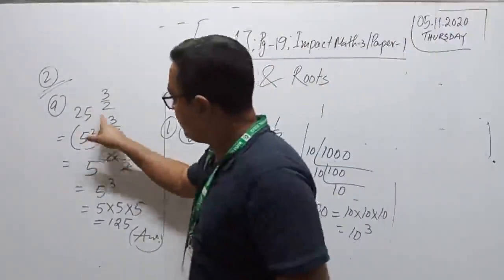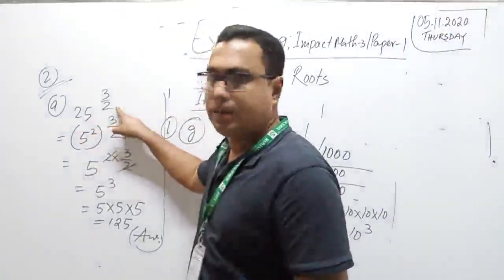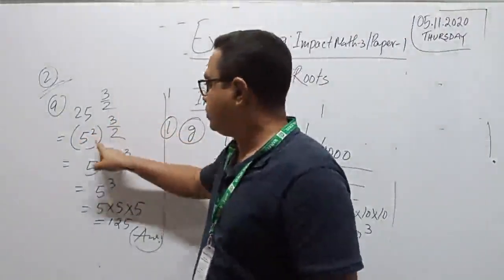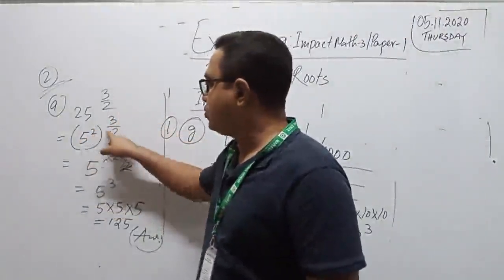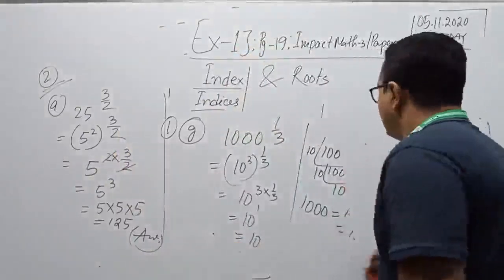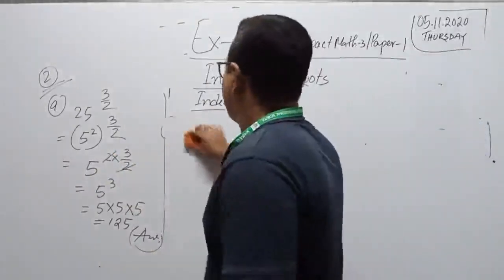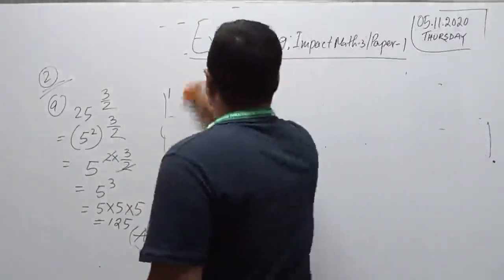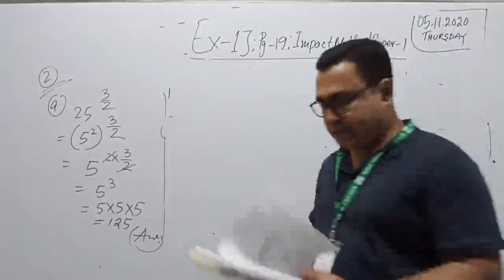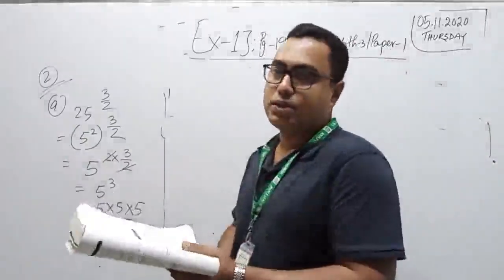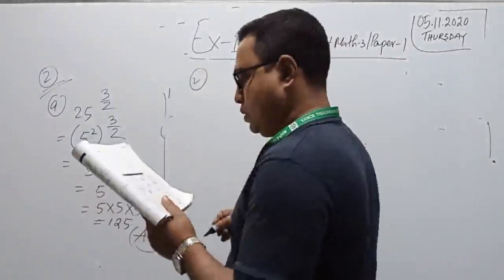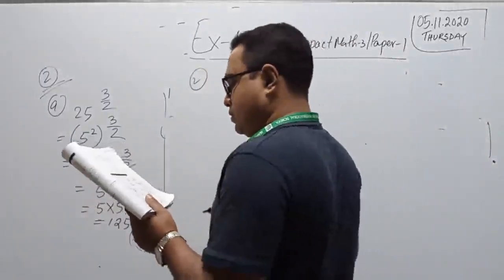That is the way you solve these types of math. If you want to simplify it, focus on the denominator here. Denominator is 2. So 3 by 2. Try to make a square there, because this 2 and 2 will be cut. I am solving a few questions from this exercise. The rest of the questions you will solve as homework.